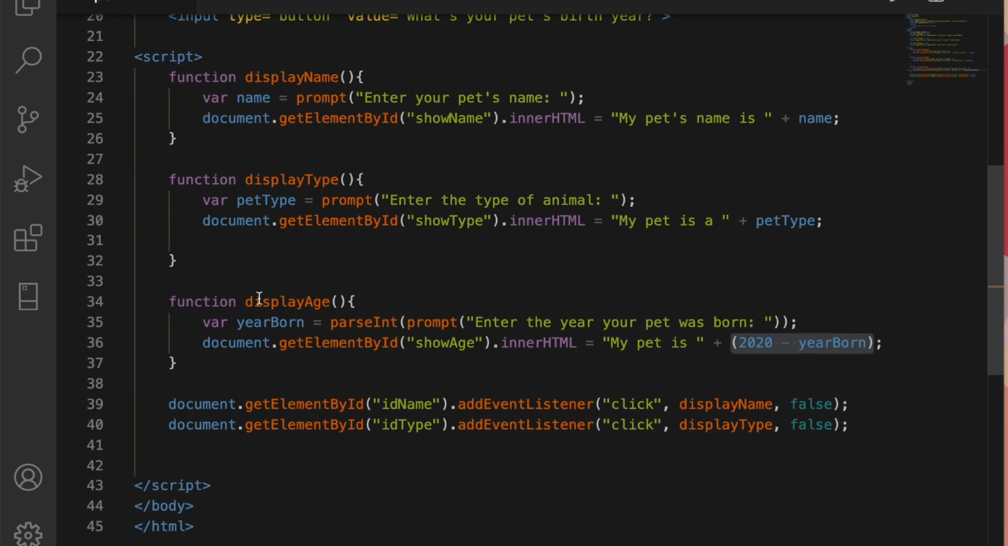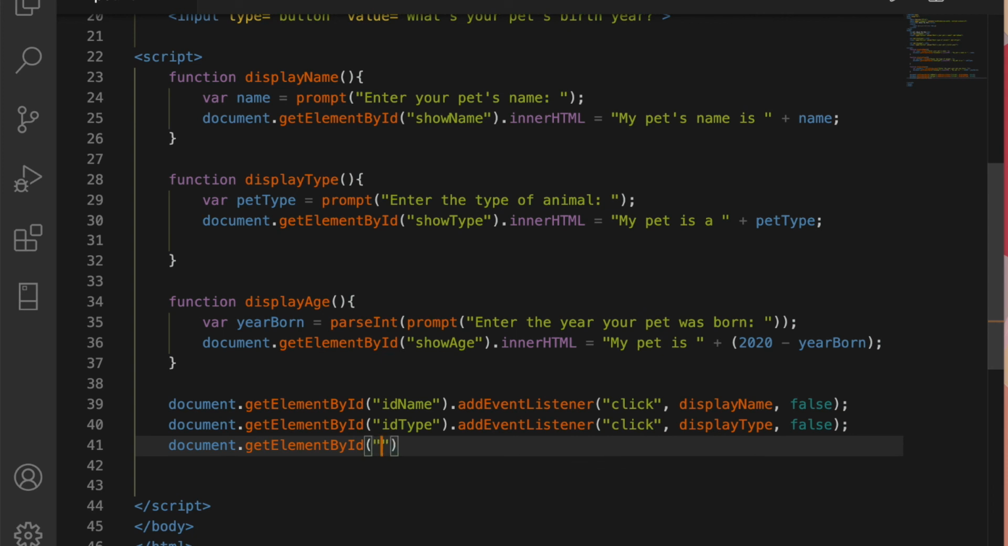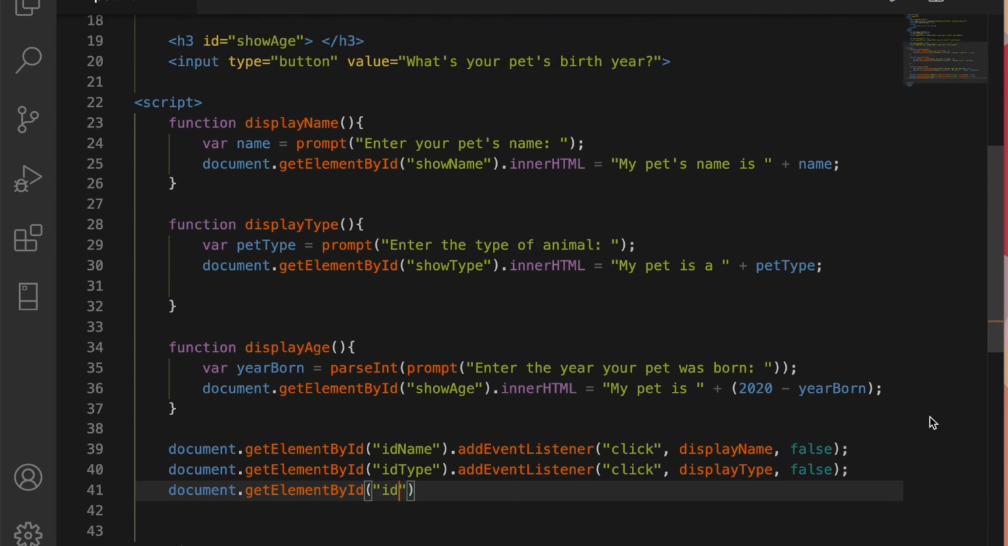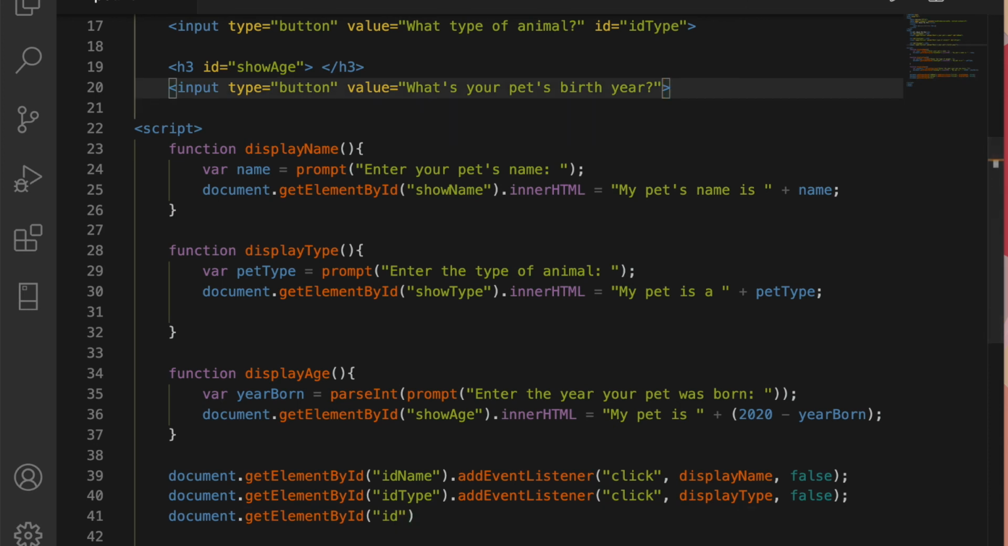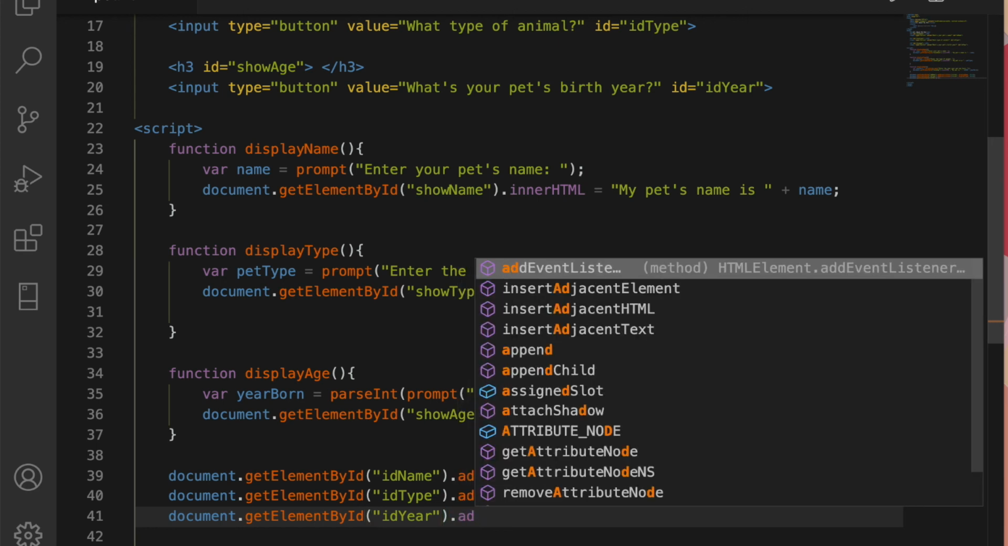Okay, that function's not going to do anything until we call that function. So let's add an event listener. Oh, we got to add an ID to this button first. So let's go back up to this button. It needs an ID or we can't access it. So we'll give it an ID of ID year. So now we can address it with document.getElementById, ID year, .addEventListener,